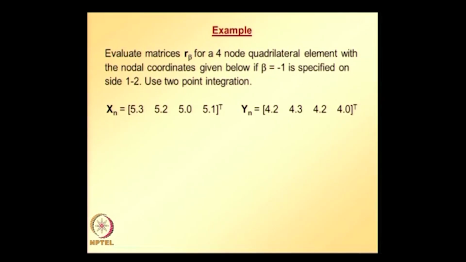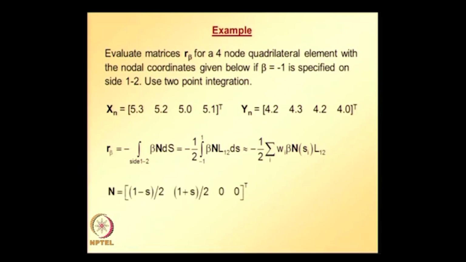So, for that we require all this information. Now, r beta is evaluated using this formula, for which we require the shape function vector along side 1 2, as we already discussed. The shape function vector along side 1 2 is given by this, and the length of side 1 2 is also required, because the Jacobian